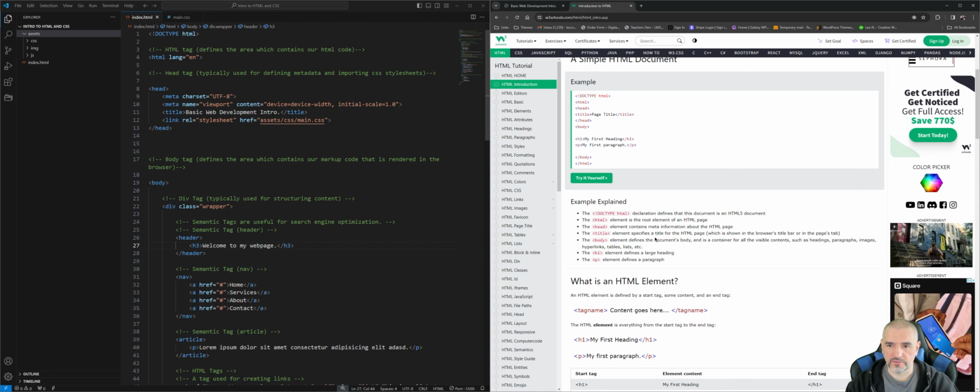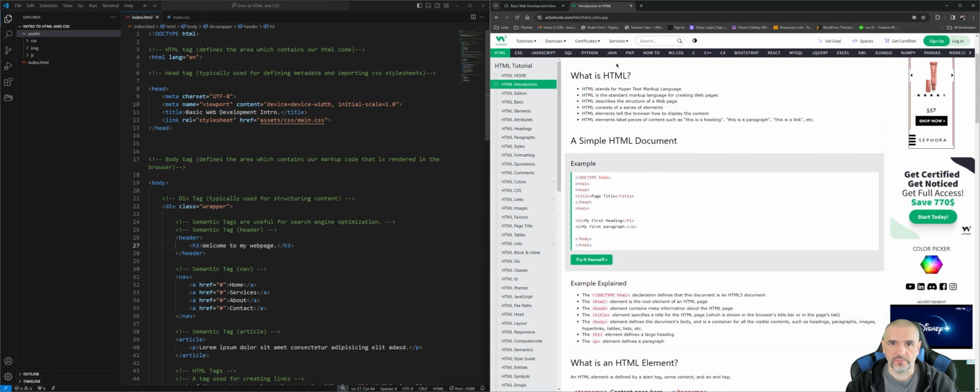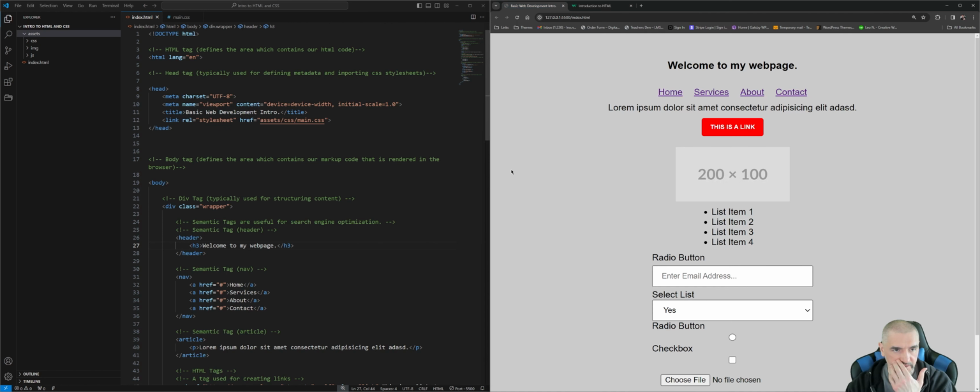The title element specifies a title for the HTML page. The body element defines the document's body and is a container for all of the visible contents that appear within a web page. And then there's the H1 element, which defines a heading, and then the paragraph element, which defines a paragraph. Okay, so I'm going to jump back into my example here that I set up,